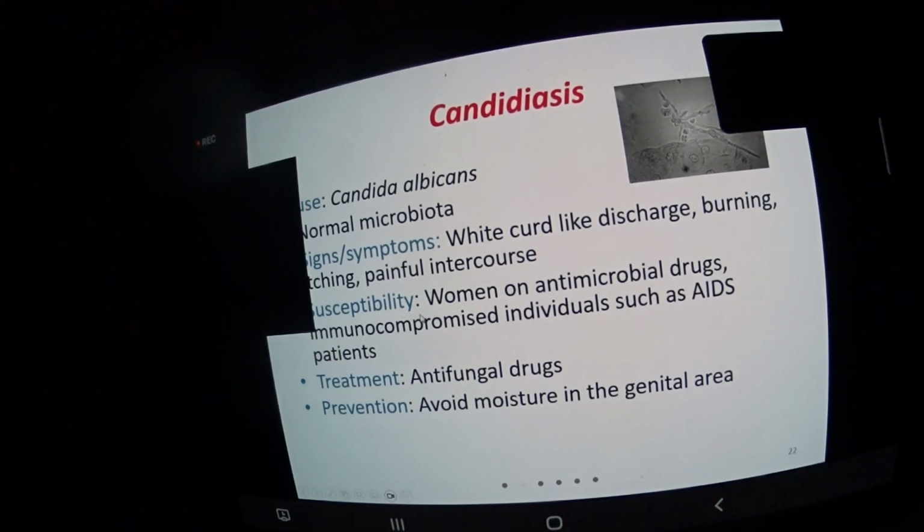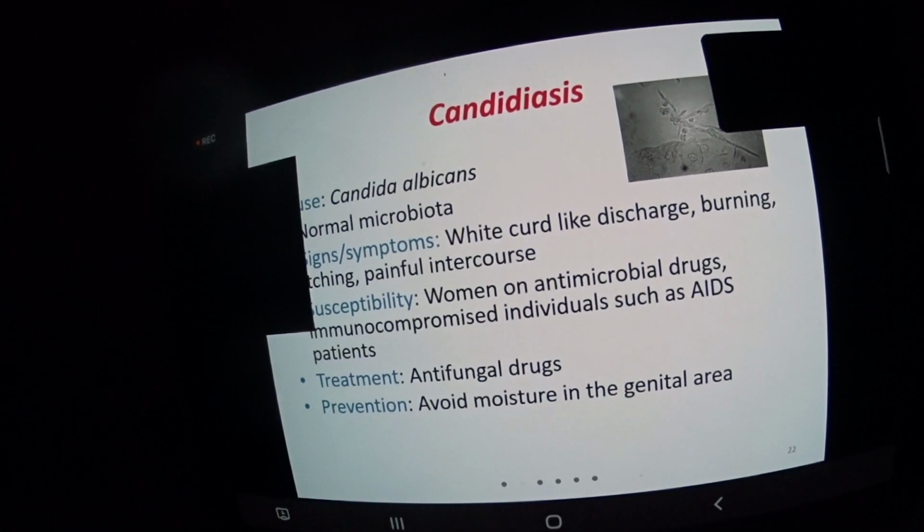Many times susceptibility is, for whatever reason, the pH of the vaginal tract changes, or antibiotic treatments can also do that. The pH change, sometimes women can get this when they are stressed. Other things is the environment. So making sure that, after urination, the area is cleaned and dried out. Extra humidity and all of that can allow the fungus to grow even better and better.